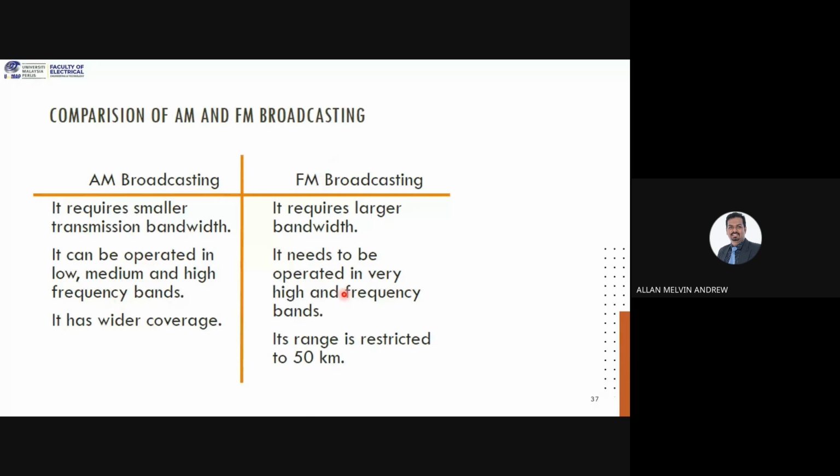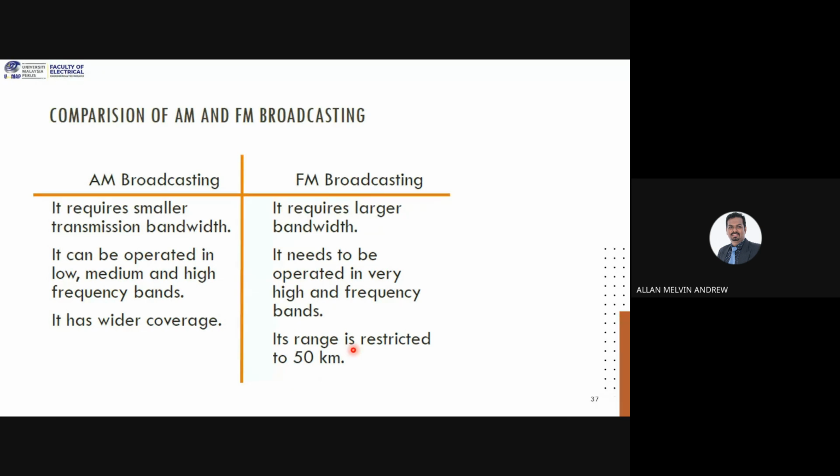But for FM, its range is restricted to 50 kilometers, so you cannot operate over a very long range. It also depends on the surface. If it's very hilly with a lot of mountains and hills, then maybe this range will be much shorter. That's why you can see in the car,